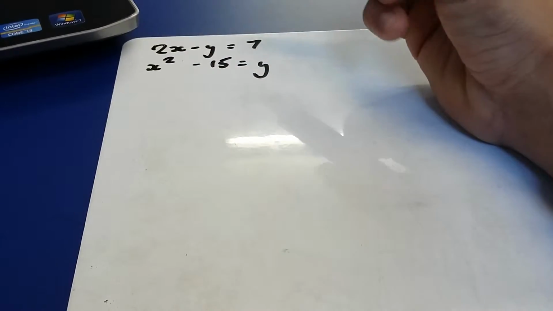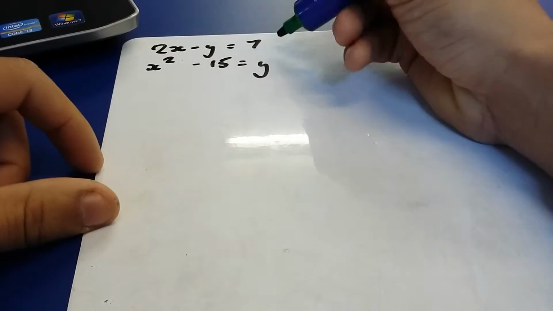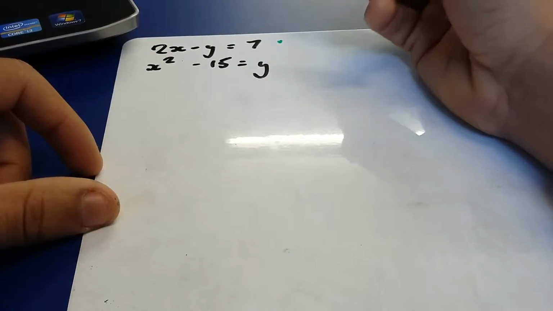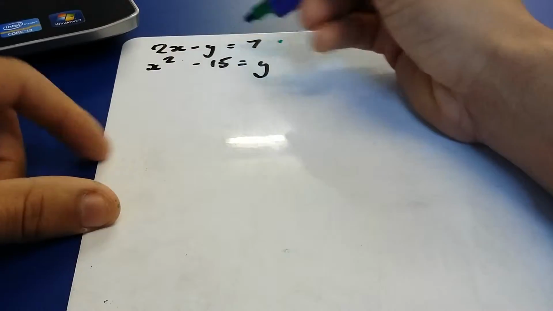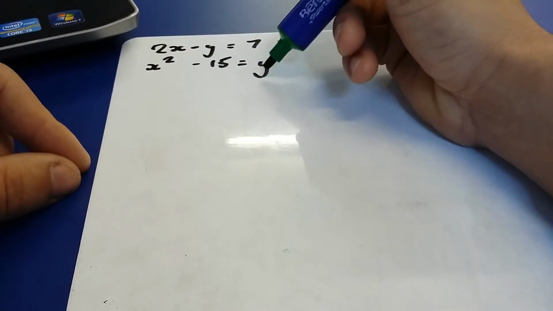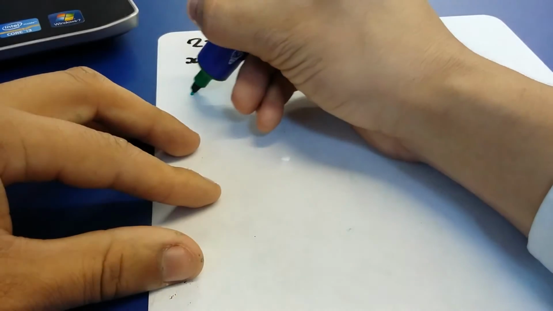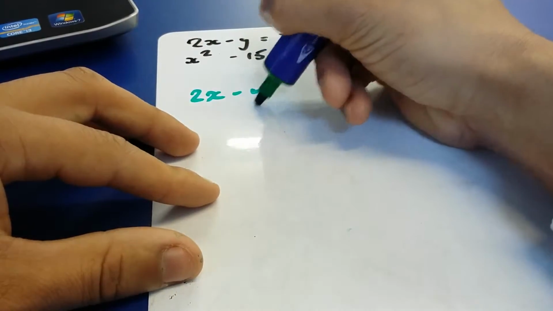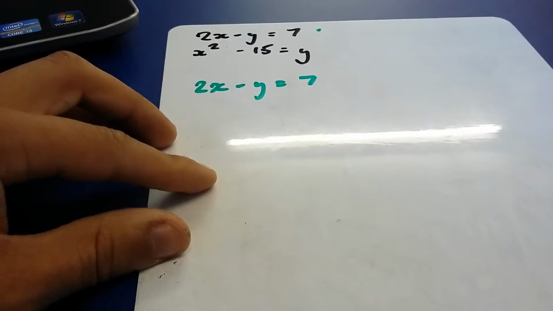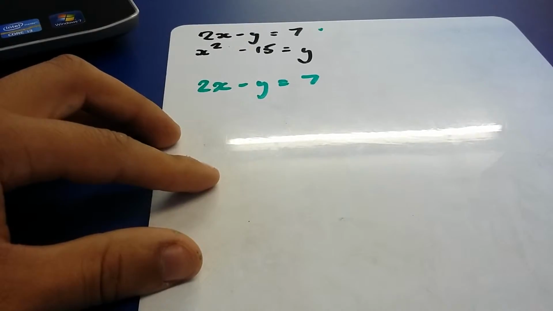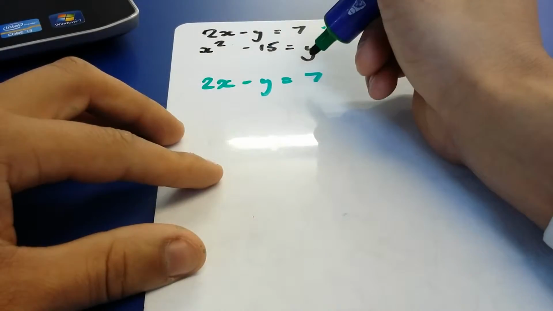equals y. What we've got to do is rearrange this first equation in terms of y, so we can then substitute whatever y is into this equation here. I'll show you what I mean. So if I take this equation here, the top one, 2x minus y equals 7, and I rewrite it in terms of y, so